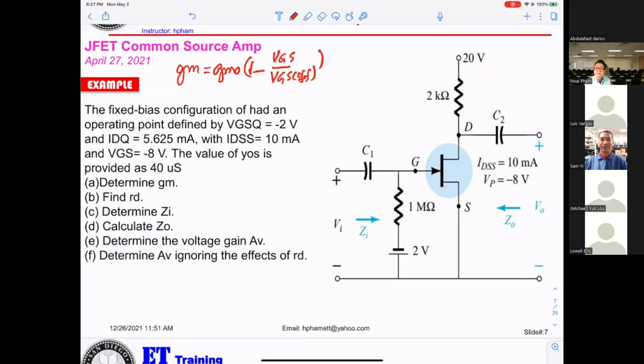The thing is, you have to remember the basic formula, because they don't have many. They give you the ID, VGS, and GM0. What is GM0? GM0 equals 2 times IDSS